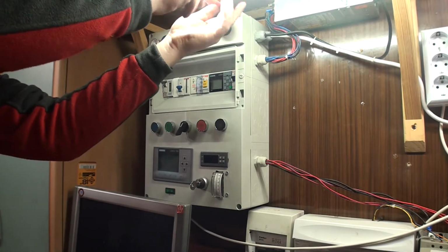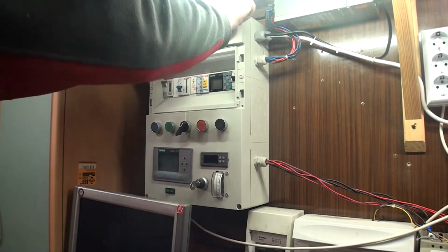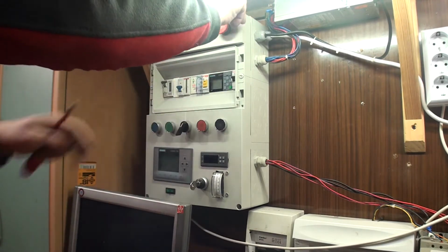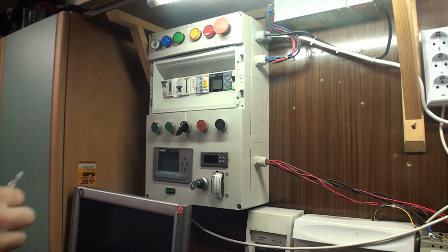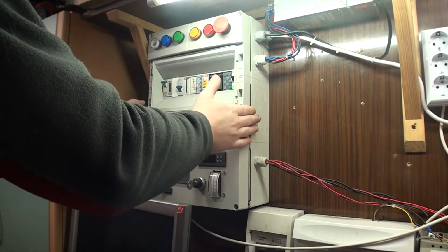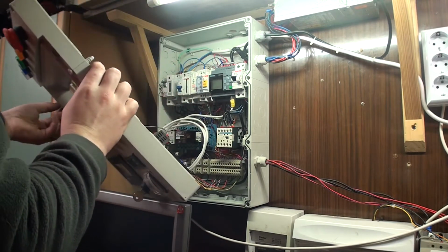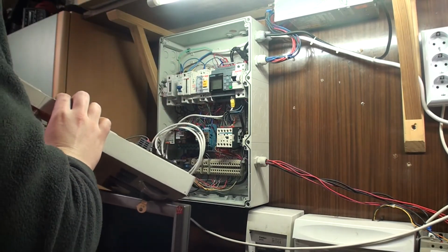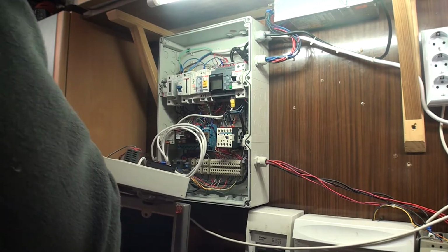So basically this is the backup, because I really don't use it, and most of the work is done by this one. It has worked about 40 hours, so it doesn't have too much time on it, but it has worked fine, and there are no big issues with it. So I'm gonna remove those plastic screws over here,